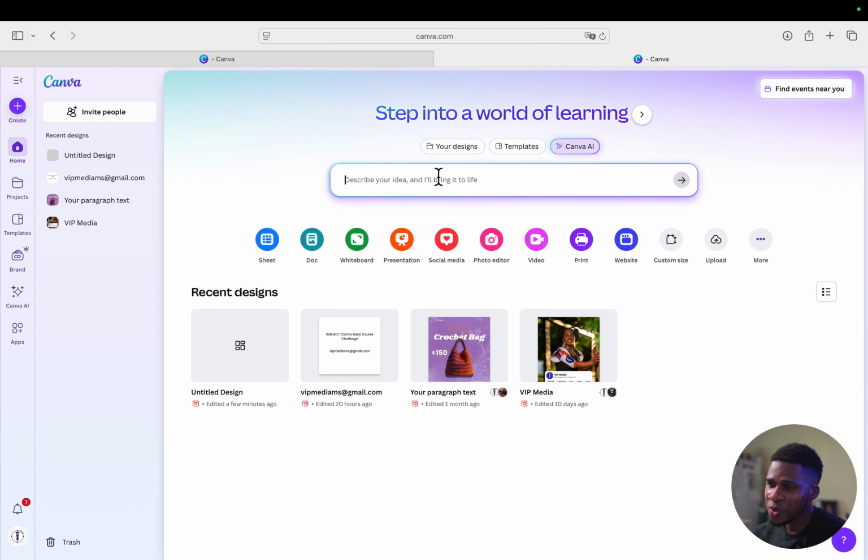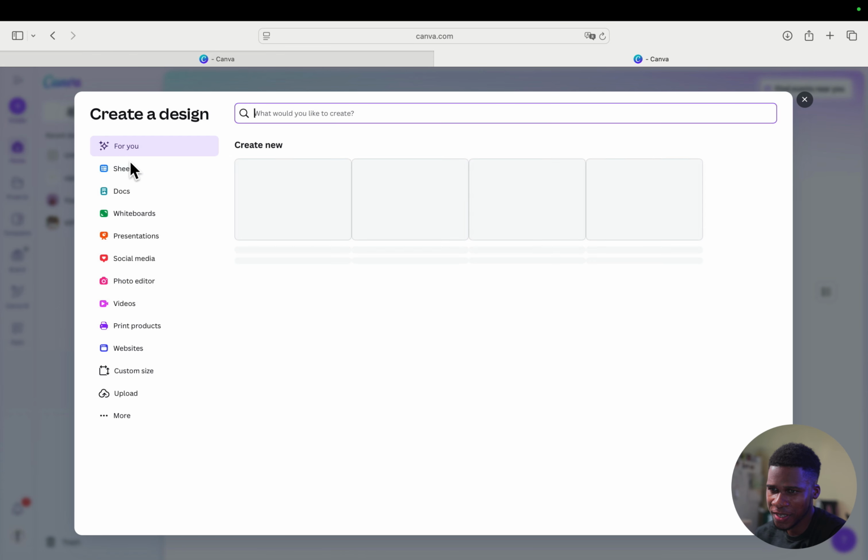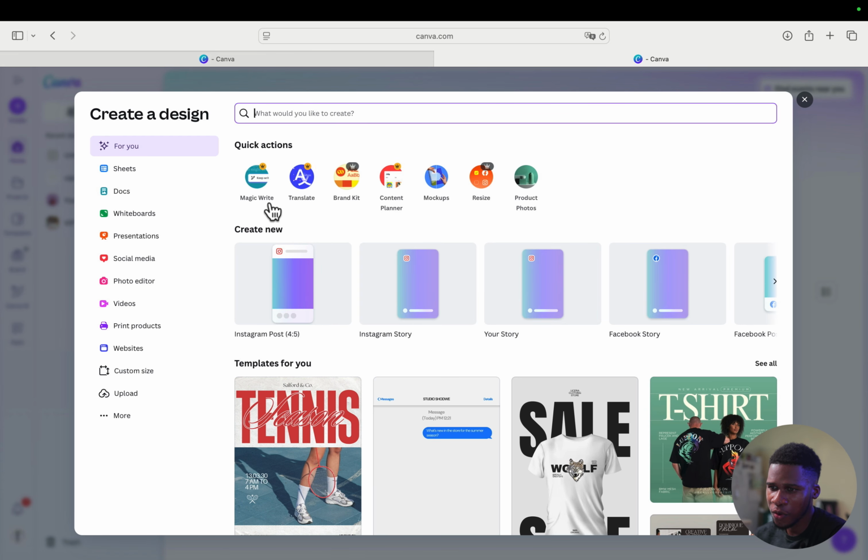In this video, I'll show you how to create a custom design size. So as we mentioned before, we go to create a new design. And once you're here, if you want, you could create a custom design size. So if you want to create a custom design size and you don't want to use any of the templates